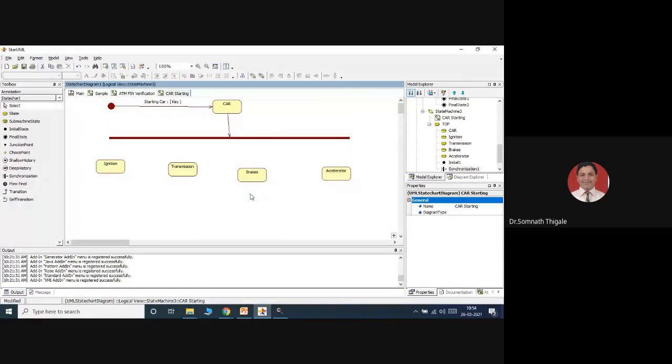One part, correct. This as a second part, this as a third part, this as a fourth part. So these are the different activities running in parallel.